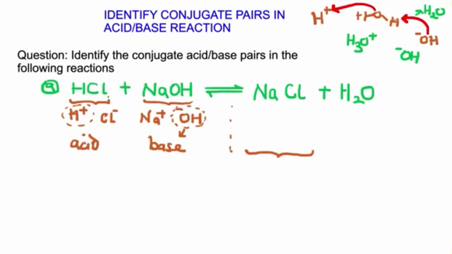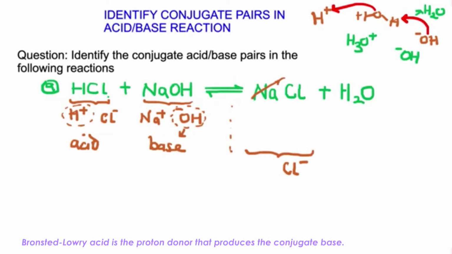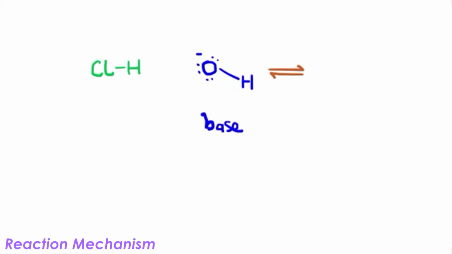For the ionic compound product, we usually ignore the positive ion, so we just scrap that out, and what we focus on is this particular chloride. Since this chloride comes from the acid, which is on the left side right here, we consider chloride to be the conjugate base,